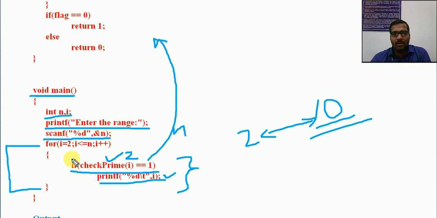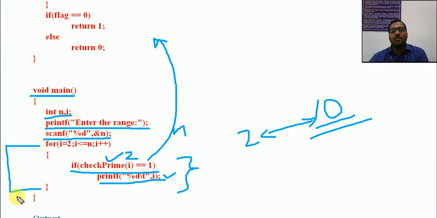Now the problem can be written easier, because up to any range of values we can easily use the same logic. So if I set the limit as 10 or if I set the limit as 1000, for all the cases the same program is enough. The same check prime up to that number will be continued by using this iteration as well as by calling this check prime function. Okay, so this is the main loop.